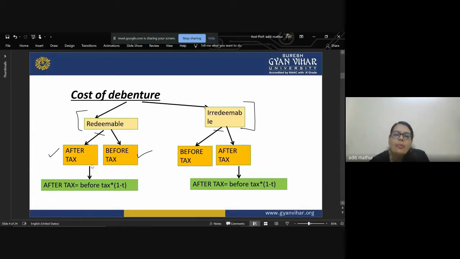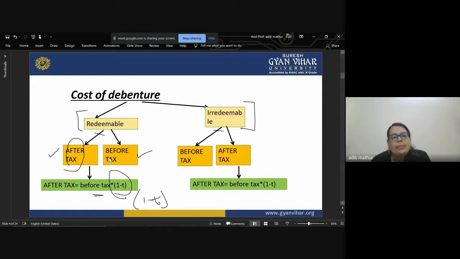And the basic formula to calculate the cost of debenture after tax is to take the before tax value and multiply it with 1 minus t. So you will get the after tax value. Why taxation plays a vital role is because the debentures are associated with an interest, and that interest is an allowed expense by the income tax, and